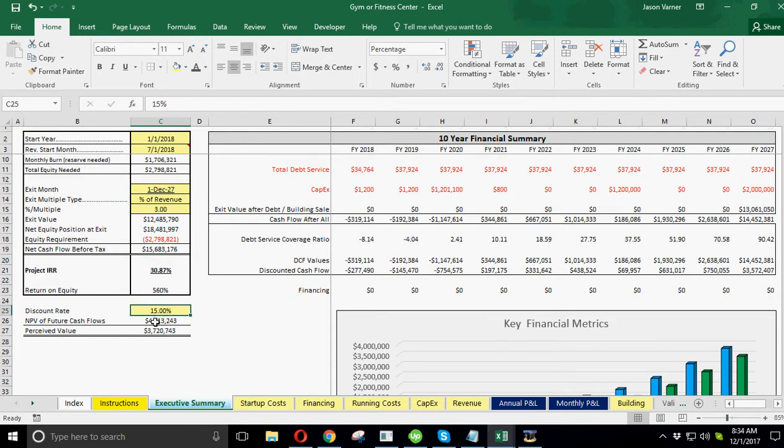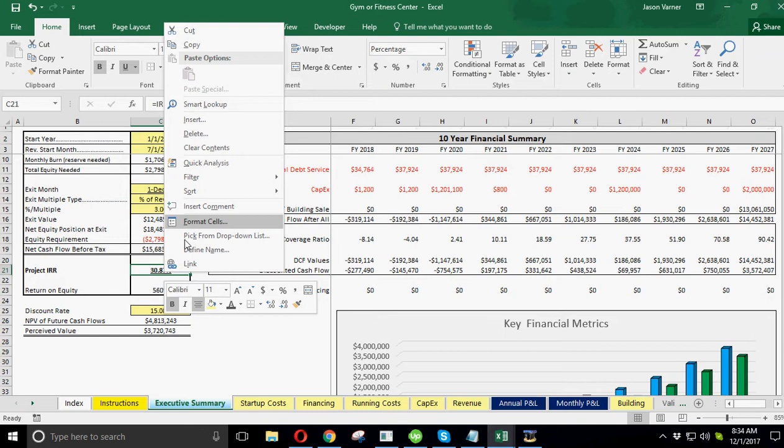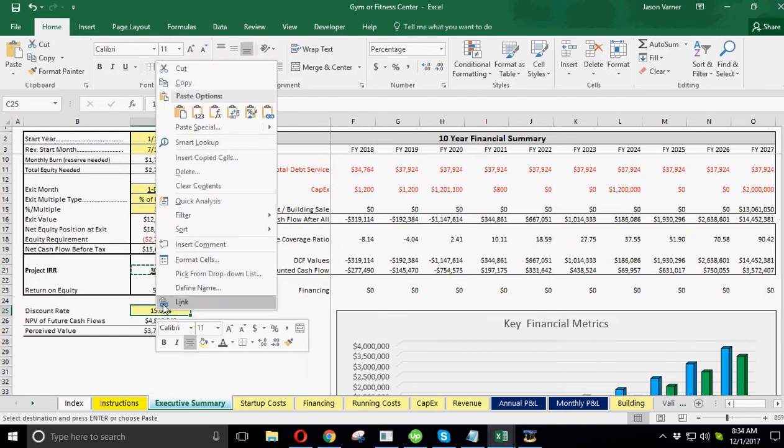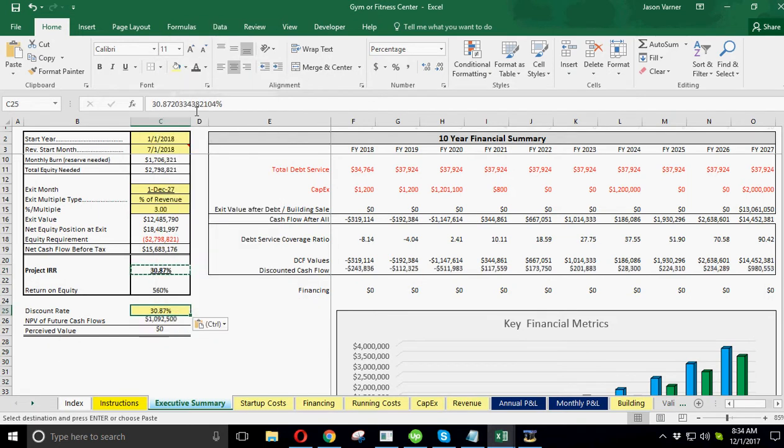Then we've got just discount rate, and this is to kind of give you a value. So say your required rate of return is 15%. That means the net present value of the future cash flows will be $4.8 million, which means there's a perceived value of the business of $3.7 million. Now this works right in with the internal rate of return, because you can see if you do project IRR, if I copy this into the discount rate, the perceived value would be 0. You can see because this is what you have to discount the future cash flows at in order to come up with the